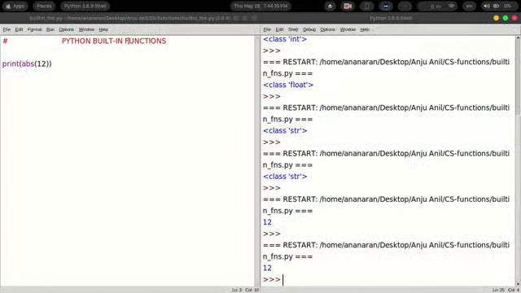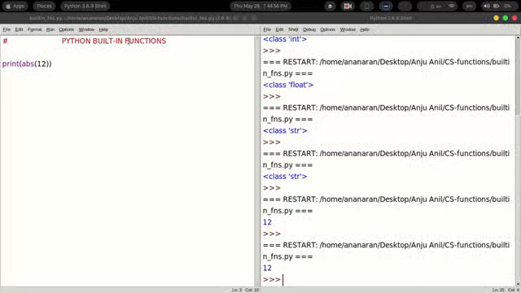That means this absolute value function can take both integer and floating point values as input. Within brackets you can mention whether it is an integer or a floating point or decimal value, and it will return the absolute value of the number that you are specifying in the bracket. That means -12 becomes 12, plus 12 becomes 12 itself.